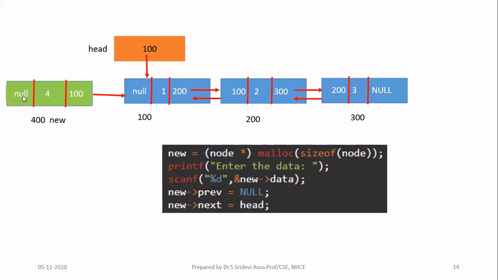So this is done. After that, in this you can see I have an arrow. So what is this arrow? In the new node, in the next field, you are storing the address of the head node. That is nothing but the address of the first node, which is available in the head, that you are storing here. So I am writing new arrow next is equal to head. When I do that, this arrow will be created. The meaning is this node is now pointing to the node with the address 100. So now you have created only this arrow. Still, certain arrows are missing. So we will see them one by one.